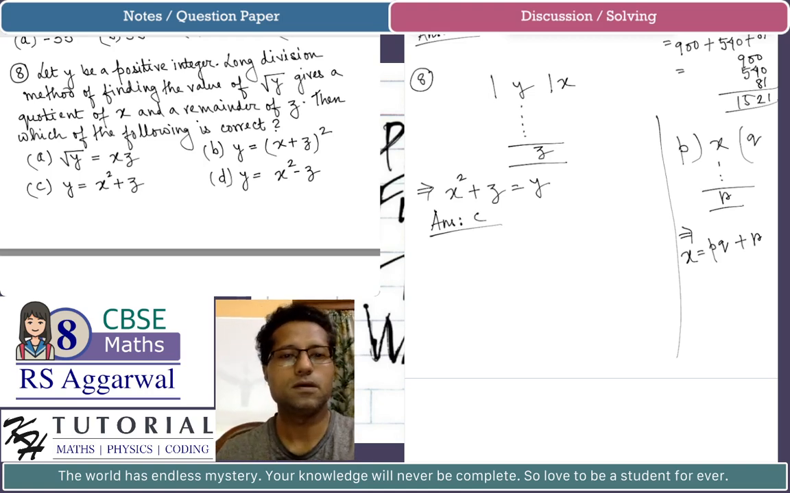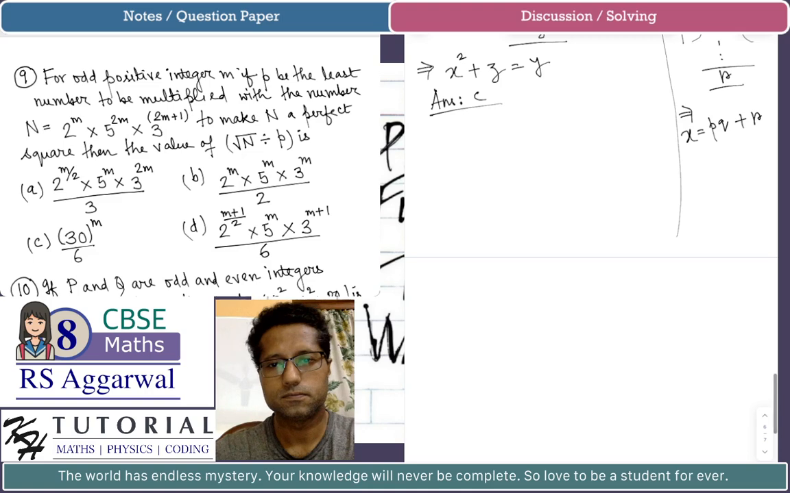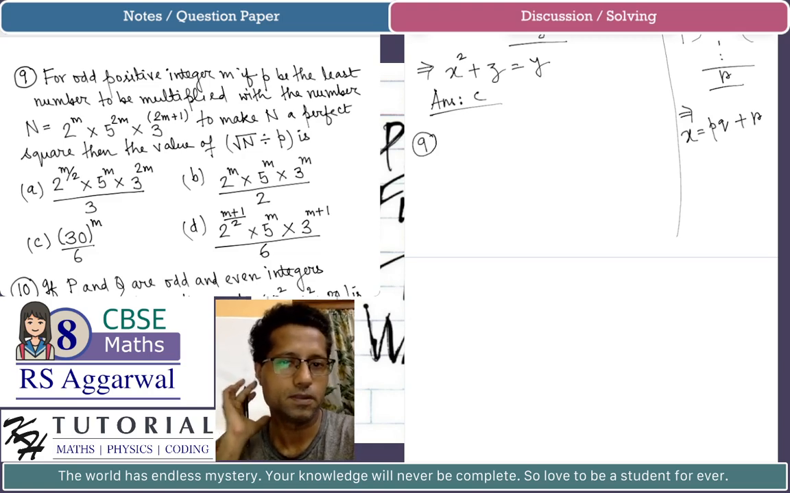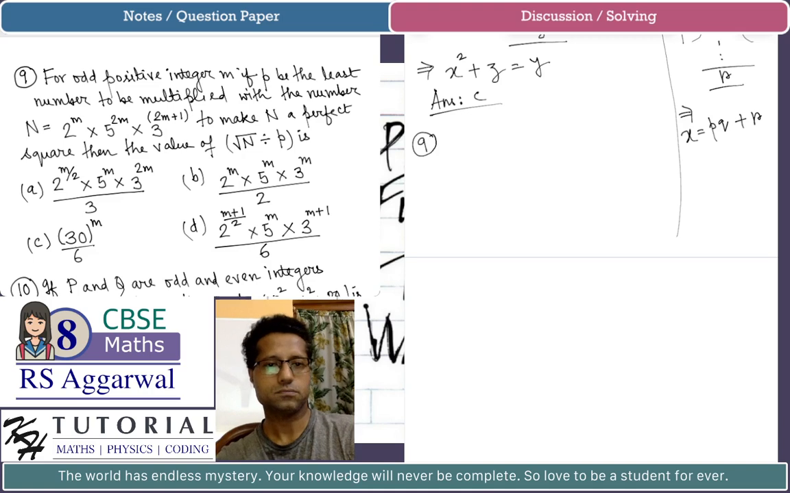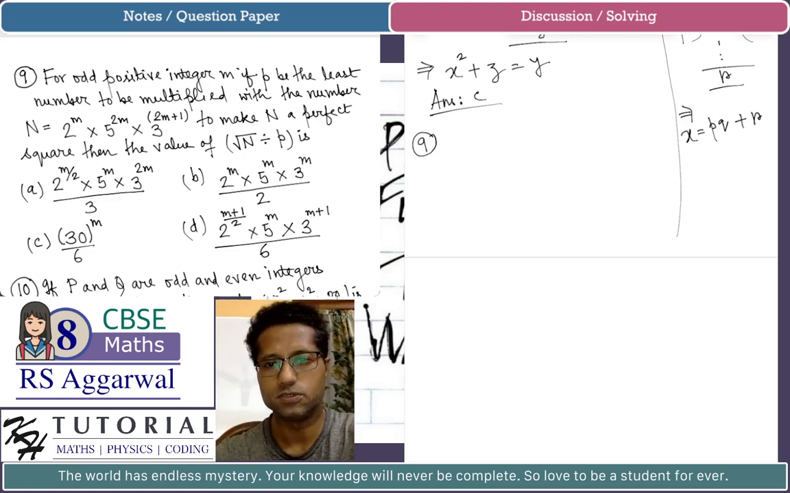Okay. Let's do problem number 9. For odd positive integer m, if p be the least number to be multiplied with the number n equals 2 to the power m multiplied by 5 to the power twice m and multiplied by 3 to the power 2m plus 1, to make n a perfect square, then the value of, okay, what is given, m is an odd positive integer. So little details you have to keep in mind. So m is a positive odd integer,